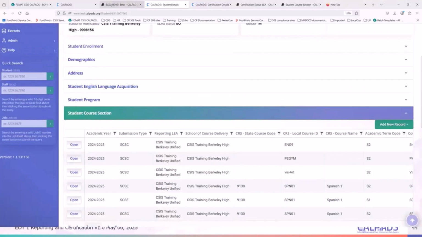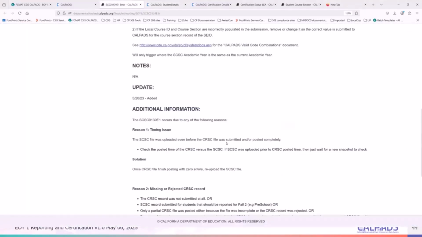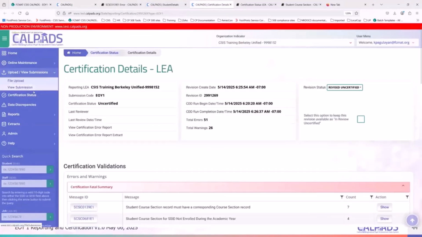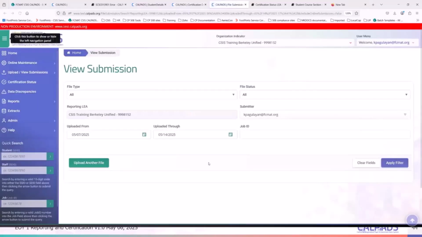Again, I go to the error. I ask myself, did I submit the CRSC file, and did the file go through with no errors? So I go to file submission, view submission, and look at the file. If it says that the file went through, then by all means the file is in CalPads, and some other scenario is causing the error.